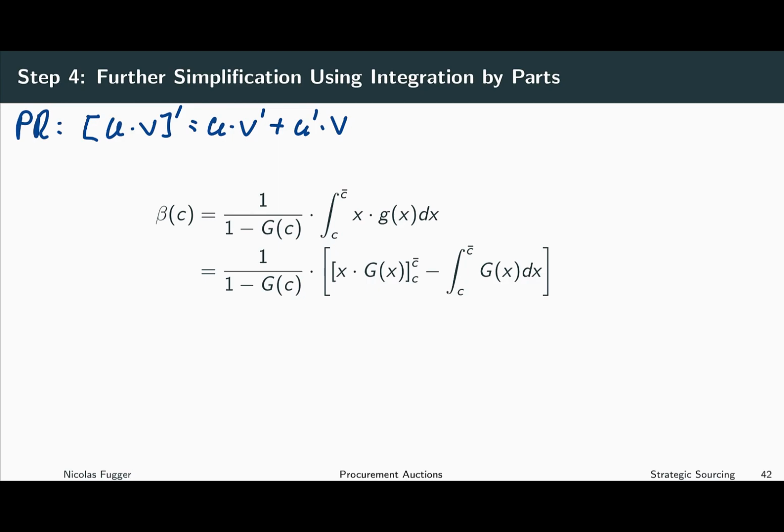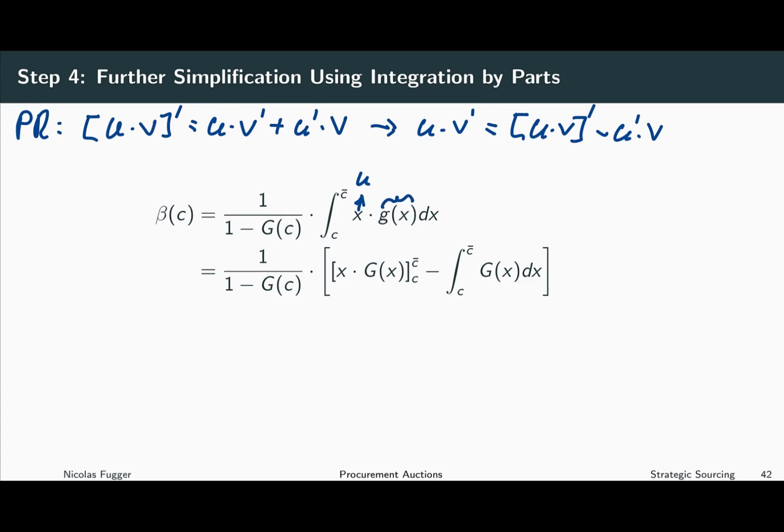If we want to rewrite that, we can do so by saying that u times v prime is equal to u times v minus u prime times v. Okay. And now what we have to do is we have to find our u and our v. x is u